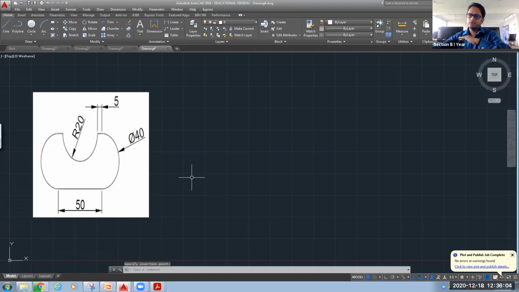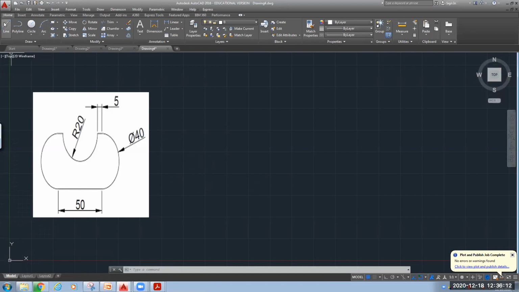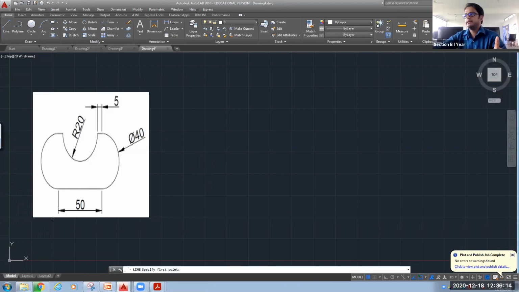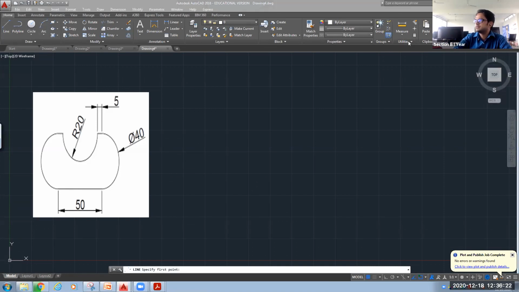Okay. Now I'm directly going to the drawing. Okay. Now for this exercise, I'm not going for limits, units. Okay. But you practice it. Go to the line. Here you can see how we can draw this diagram. So go to this annotation. What you can see here, there is one base rectangle.